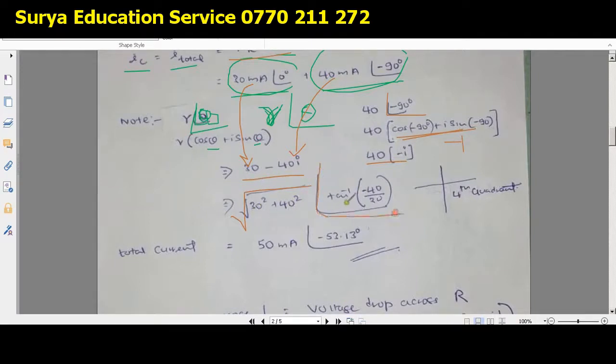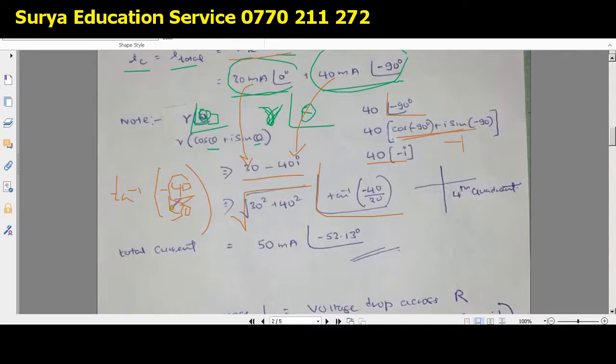And how to get the angle? Tan inverse. Be very careful, guys. Tan inverse minus 40 divided by 30, because you can't put this minus anywhere. Did you get my point? Tan inverse minus 40 divided by 30 means, just suppose you write tan inverse minus 40 divided by 30, but you don't know to which number this minus is related, either to 30 or to 40, but in this case minus is related with 40. So that means, guys, be very careful.